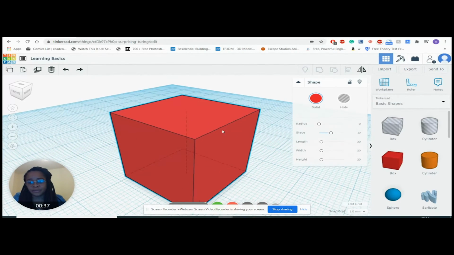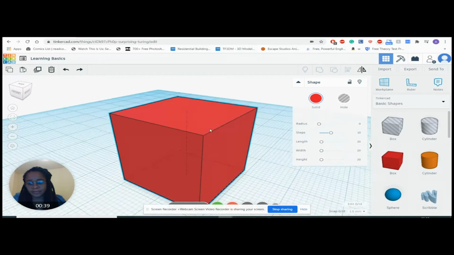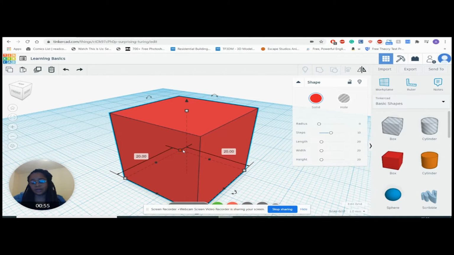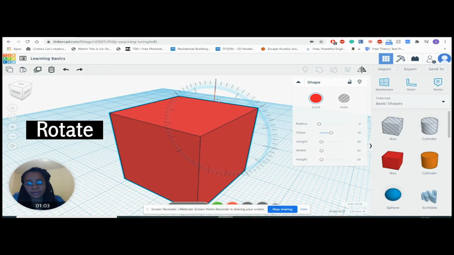Okay, once we do that, we could spin around the shape, and you'll find when you click on the shape, you'll see different arrows. So we can rotate on this side, or we could do a lot of rotation. We could do rotation at the bottom. We could do a bit of scaling. And when you click on or highlight the different parts of the shape, you can see the size. And when we rotate, we can see,